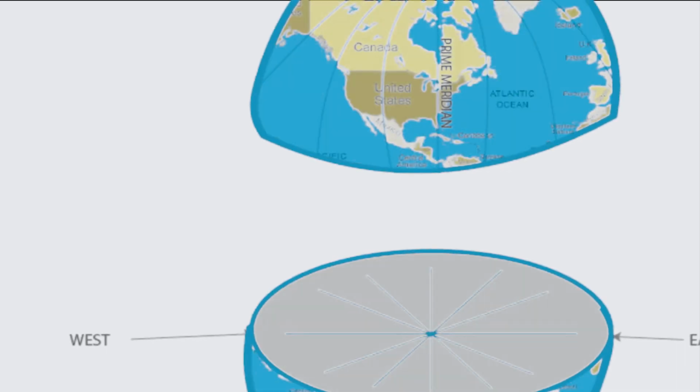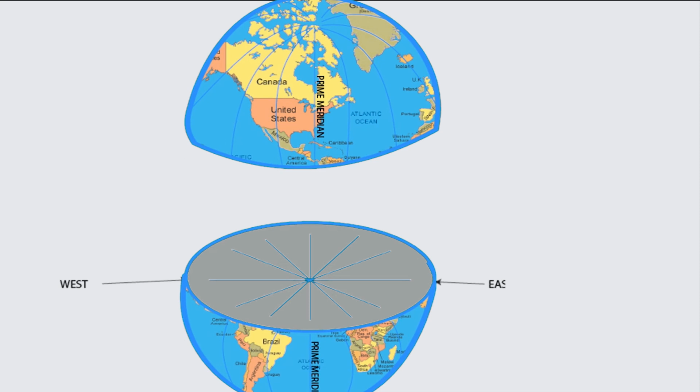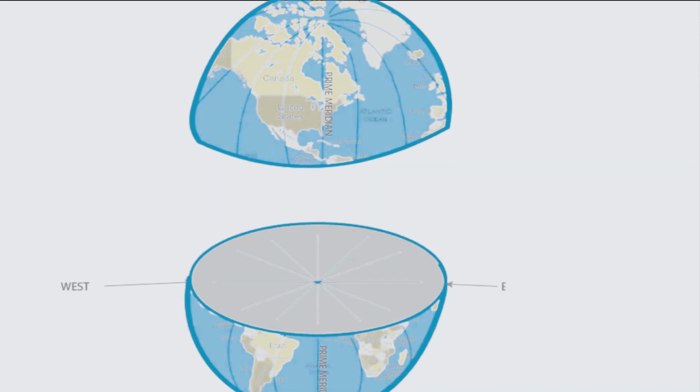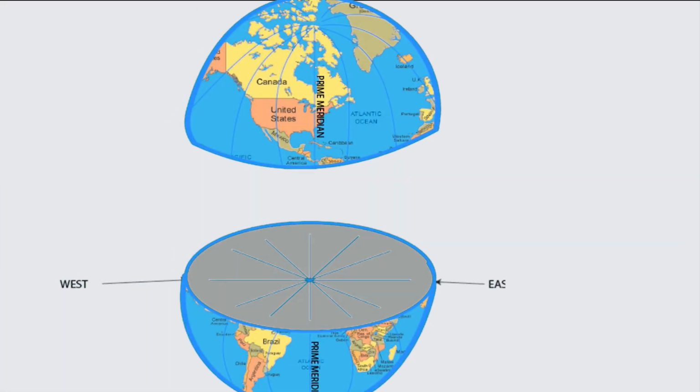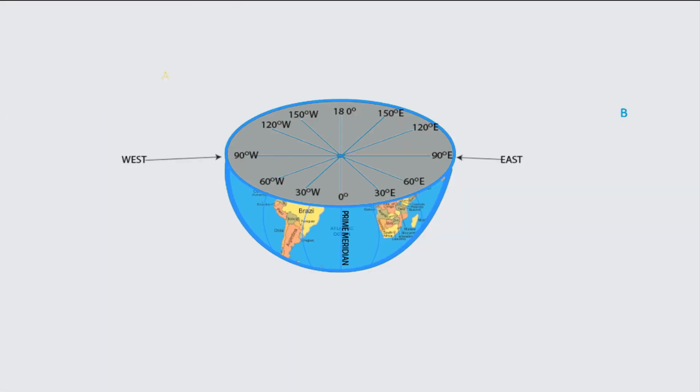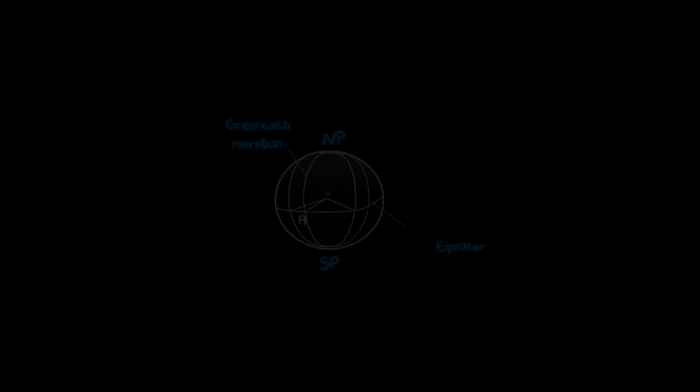is visible here. Now, on this plane, we can see that the prime meridian is at the center of all the meridians, and it is denoted by 0 degrees. And all these other meridians are either to the east of it or to the west of it. If we are to measure how far a given meridian is from the prime meridian, then all that we have